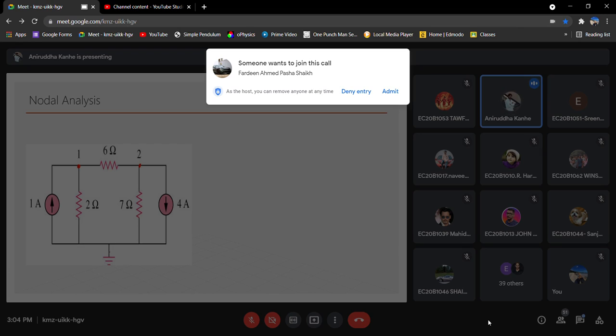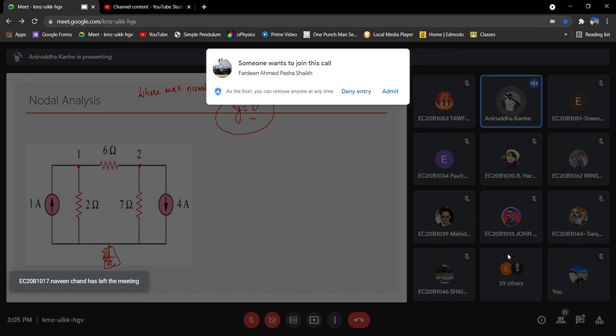You have to take one node as the ground, then only you can do the calculation, because of the obvious reasons. Now, which node to be taken as ground? In this case, this is already shown as ground. Let us assume this is not there. You should always take a node as ground where the maximum number of branches are connected. Why? Because as soon as you take that, the potential for that particular node will become 0.